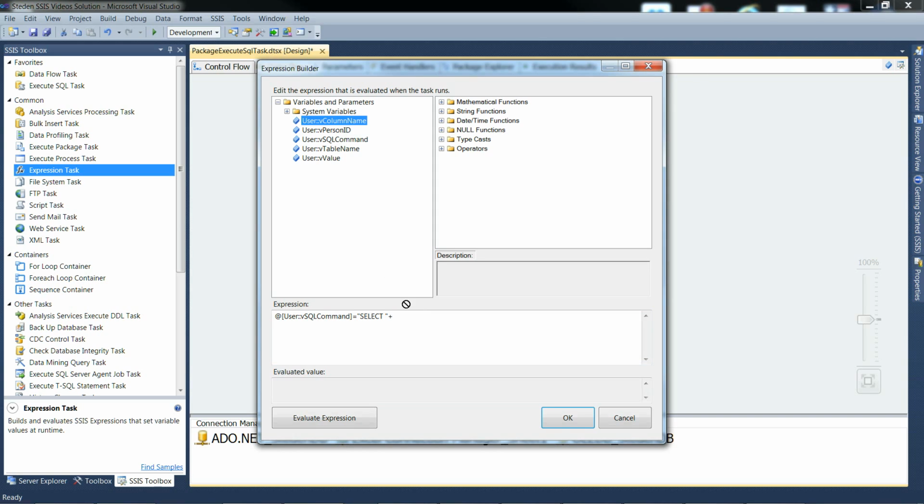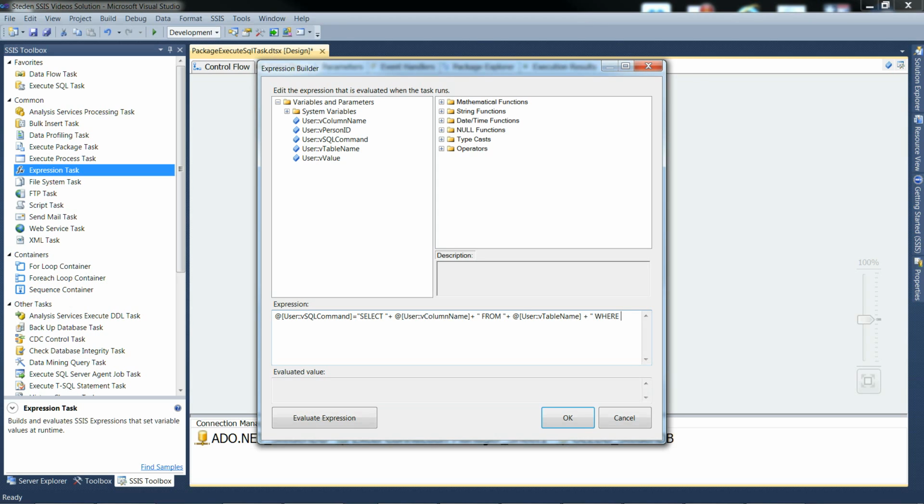Drag that down, plus quote space from space quote. You have to keep on remembering to put spaces in to prevent the text joining up and causing syntax errors. Plus the table name, plus and space where